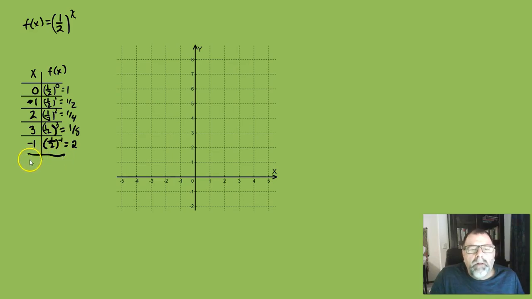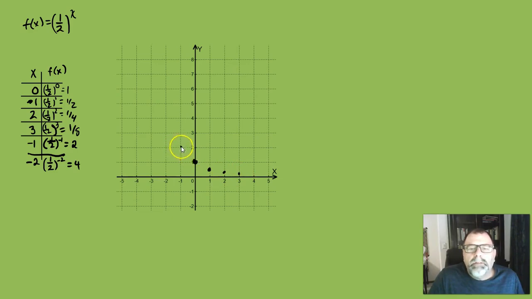So we're going to flip it over and then take the power. That's another way to think of it. So 1/2 to the negative 2, that would be 2 over 1, which is 2, and then square it, which is 4. So we get 0, 1, 1, 1/2, 2, 1/4, 3, 1/8, and then going to the negative, we